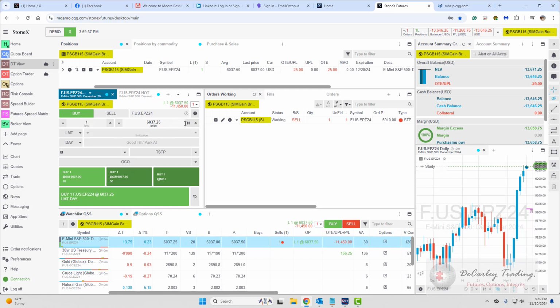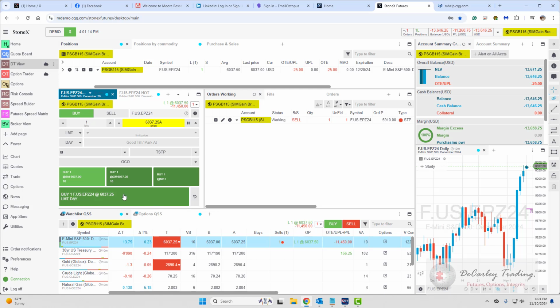The way this order ticket works is this price will continually move with the market. There's a lot going on in this order ticket, so I'll try to keep it simple. If you want to place a limit order or a stop order at a specific price, you can fill out this information. You can toggle between stop, stop limit, limit, day, good till canceled, fill or kill, all of those types of things. You can even do trailing stops, OCOs. If you want to fill out this order ticket and make everything specific to a price and an order type, do that and then use this button at the bottom,